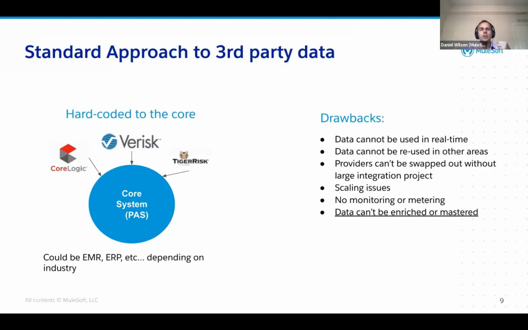side. When it comes to, for example, in insurance, calculating a risk or pricing a policy, we see a lot of companies taking third-party data. These examples are common in the US, and obviously each market has specific ones. These all tend to be services that are now available as SaaS services that offer API interfaces to pull data from. Those tend to be hardwired straight into the policy administration system or whatever core system you have, because those